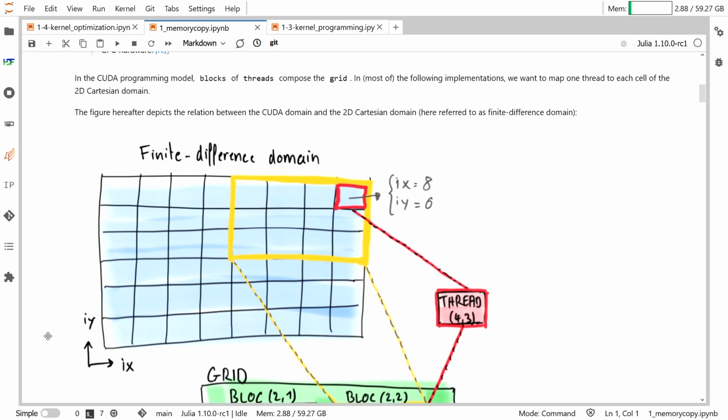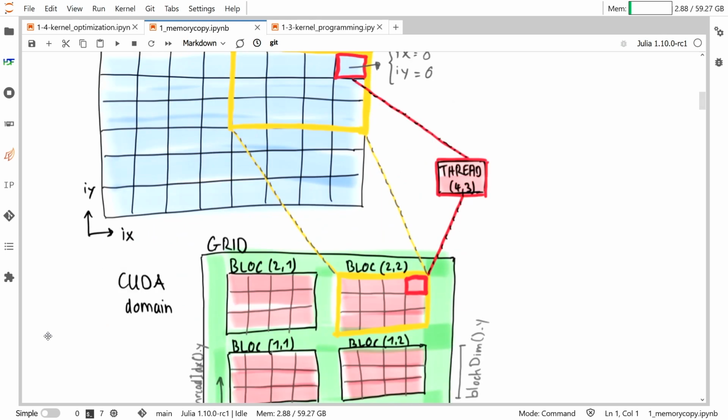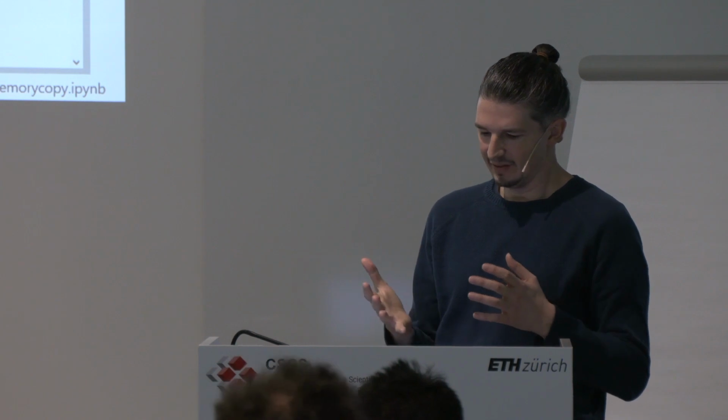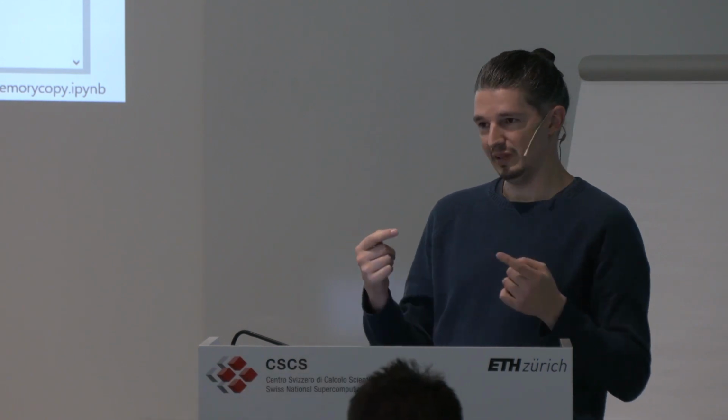Or let's say you can say a 2D Cartesian, a 2D array simply, yeah. And this figure here shows, you cannot see it fully, unfortunately. No, it's fine like that. So this figure shows on the top what will be the domain or the array simply, right? And on the bottom the threads, how they're organized. And at the beginning they're completely decoupled, right? But so we decide ourselves that we will map these threads onto this 2D domain in a certain way, and as it's shown here, if we decide to do exactly a one-to-one mapping between